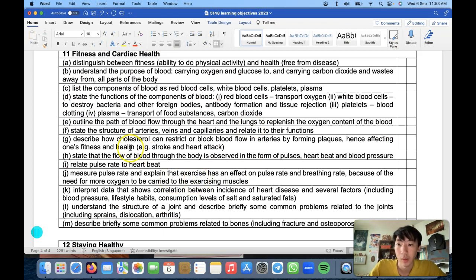So how do we check the body's flow of blood? There are three main ways. By checking your pulse. You can check your pulse by feeling your body. Your pulse is linked to your heartbeat. Every time your heart beats one time, you feel a pulse. So pulse and heartbeat are quite interlinked. Of course you can also feel your pulse here, at your neck area. Your heartbeat is just counting the number of times that your heart beats in 1 minute.